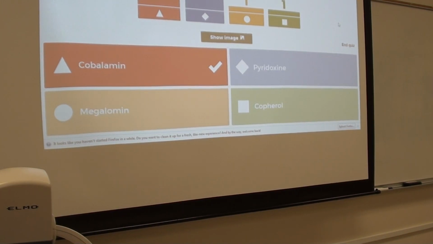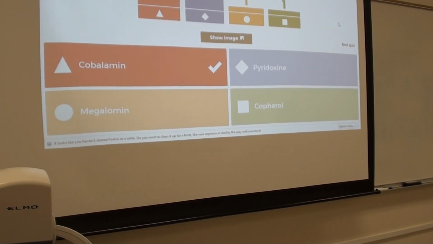Why can't we just call it B12? Why do you have to remember some scientific name? Well, on almost all of the supplements, it's cobalamin. And what's interesting is there's different forms of cobalamin. And this is very important because I have patients who have genetic defects that can't convert